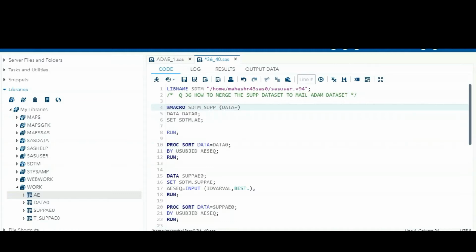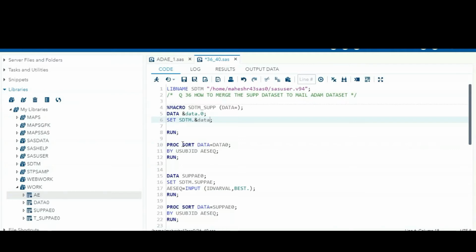Here I am calling the macro variable called data. So here this was the common, ampersand data dot 0. Anyway, we are going to call this SDTM dataset. So here I am giving SDTM dot data.